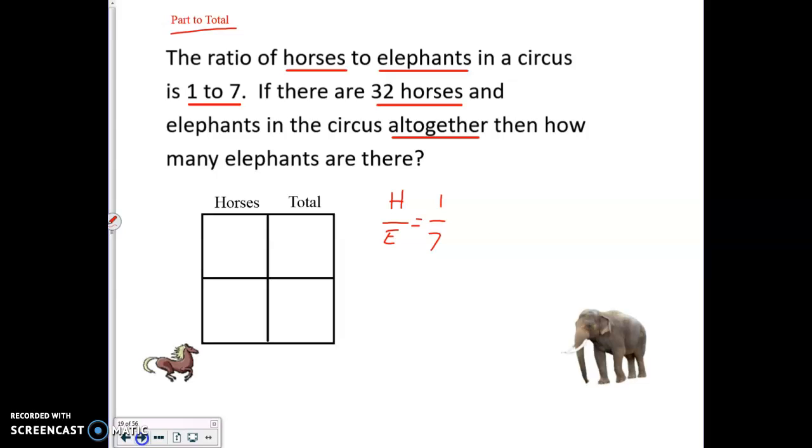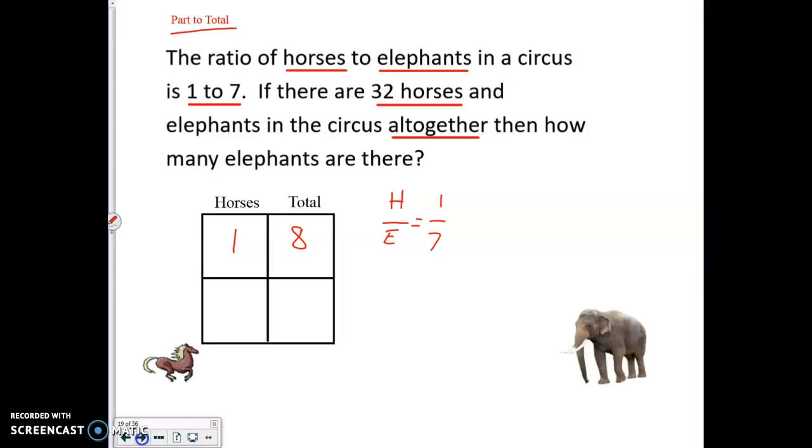So our ratio is 1 to 7 for horses to elephants. But our ratio of horses to total would be 1 to 8, because we are looking for how many are there total. So we have 1 horse to a total of 8